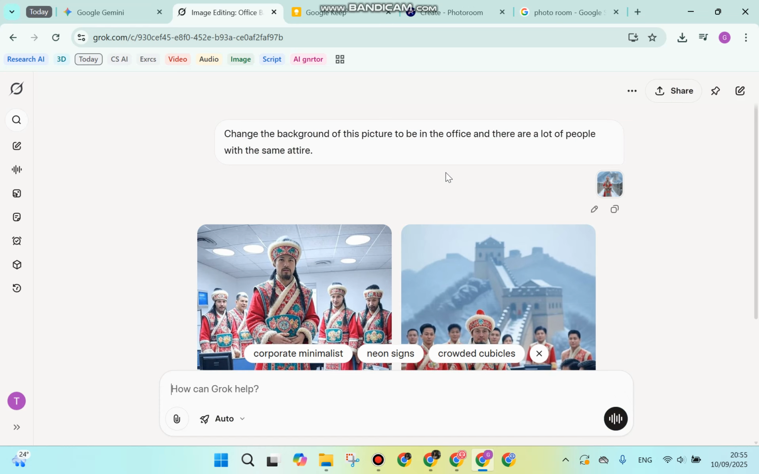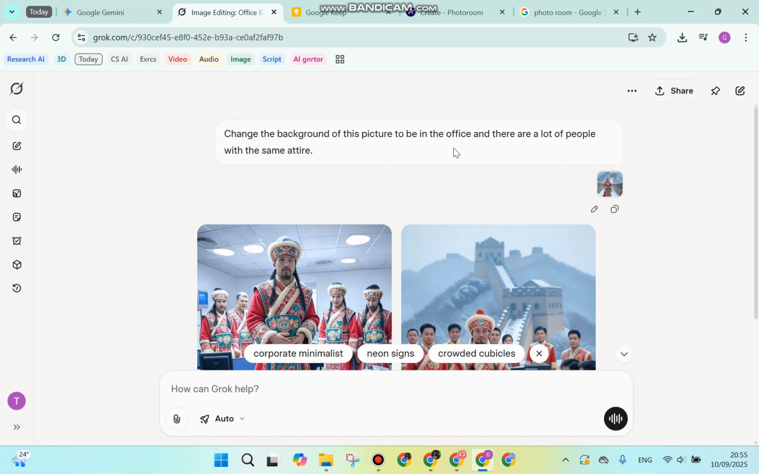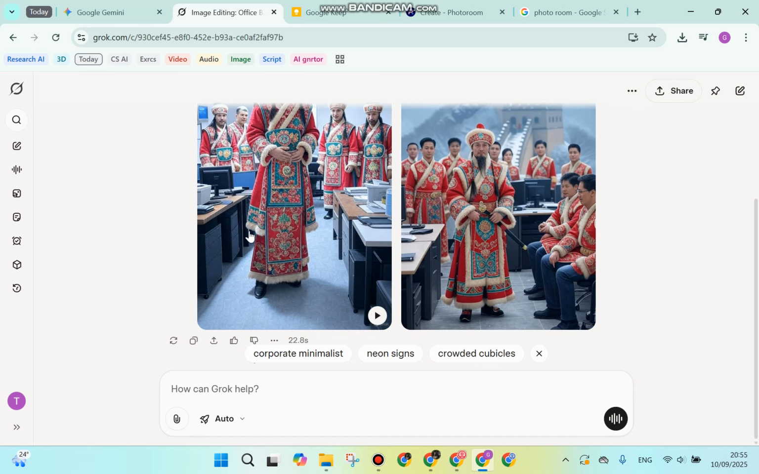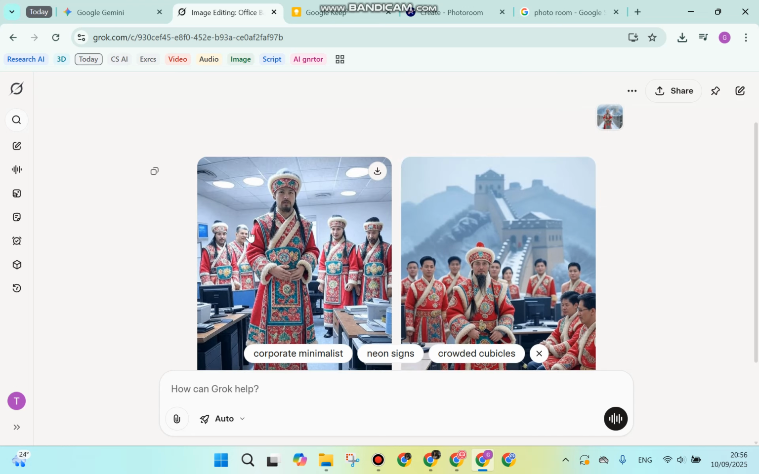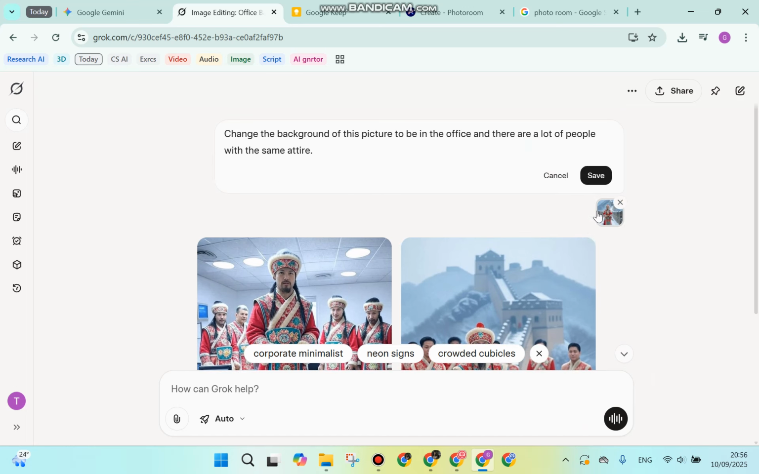And after waiting for a while, after the generation process, these are the two pictures after the generation. And you can also start to edit or refine this prompt. For example,